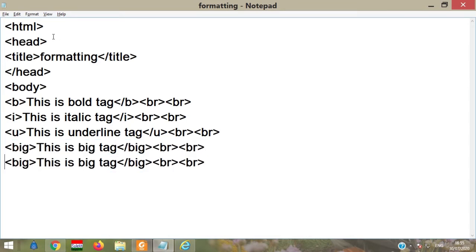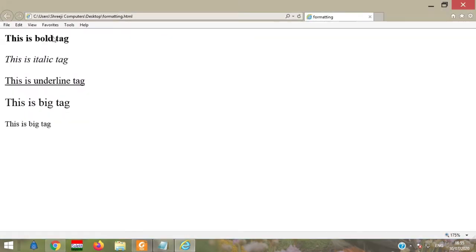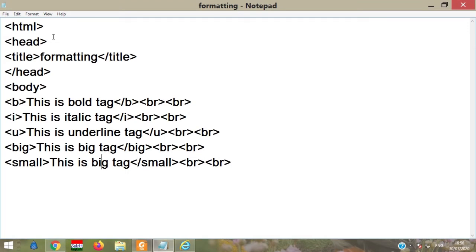Then the opposite, the small tag, displays the content one point smaller than the previous letter. Sorry, I have to change a small tag. Okay, big tag, small tag.